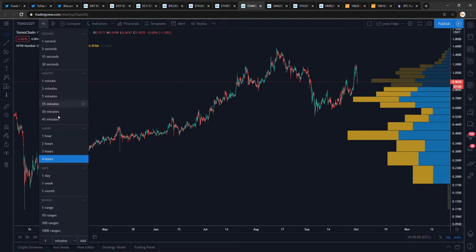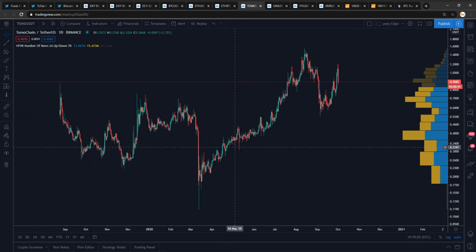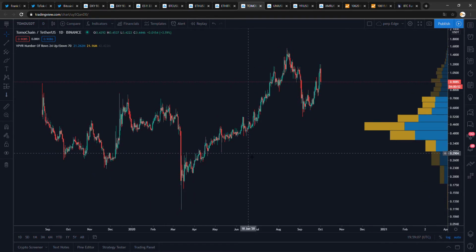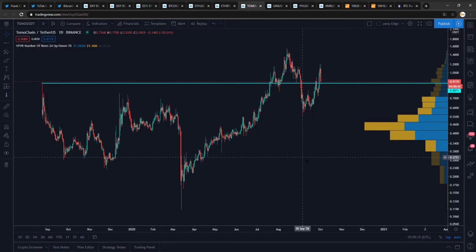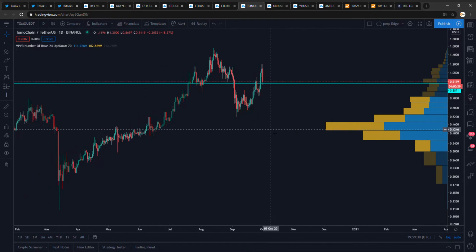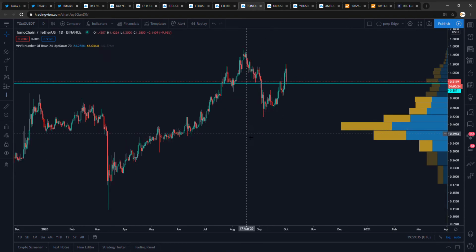Tomo USDT, request from a follower. Had a big correction as well. Of course, Bitcoin dumps, everything dumps. But it's not looking too bad. This is a very important level, not really shown in the VPVR, but we see this top on it over here. We see this top, and we see this going on over there. I'm not sure how old this coin is, but not sure it was that early on